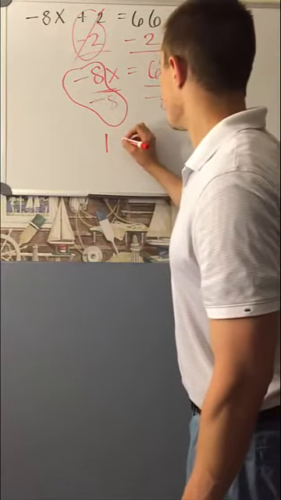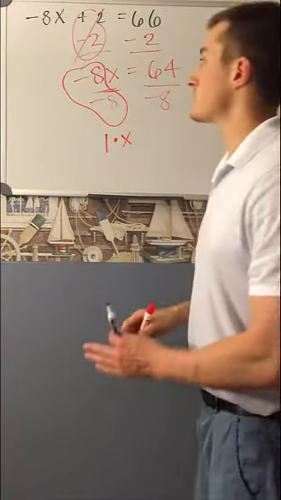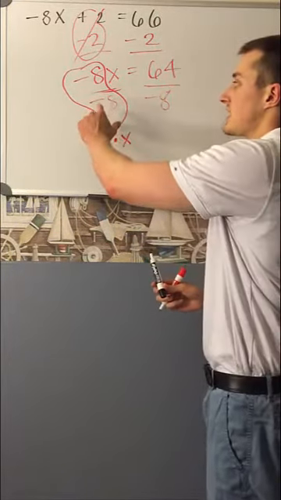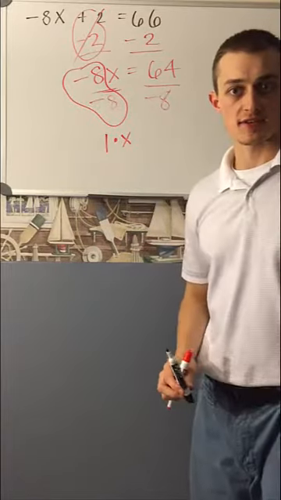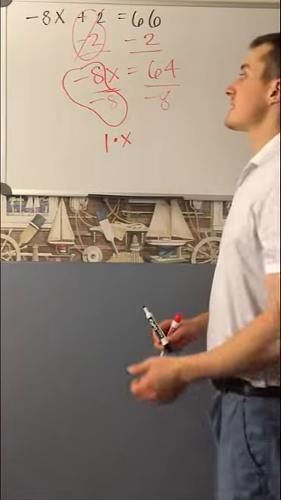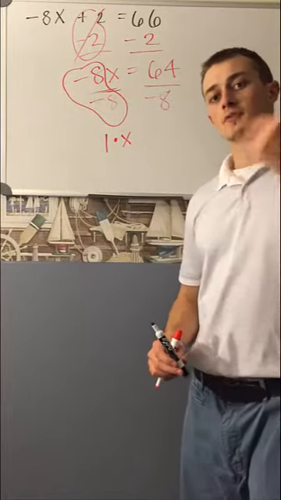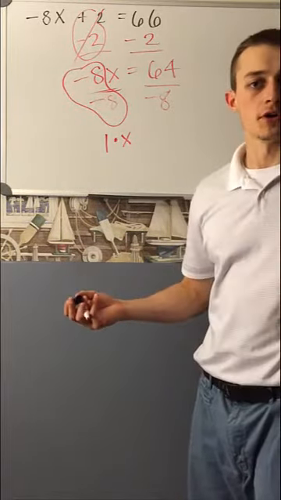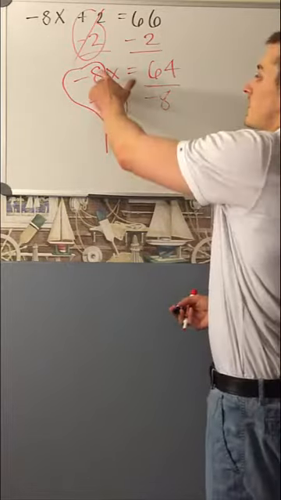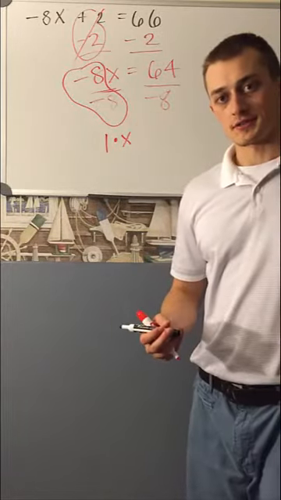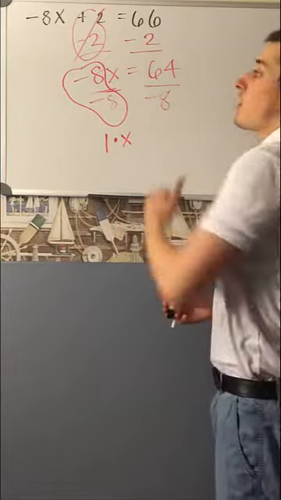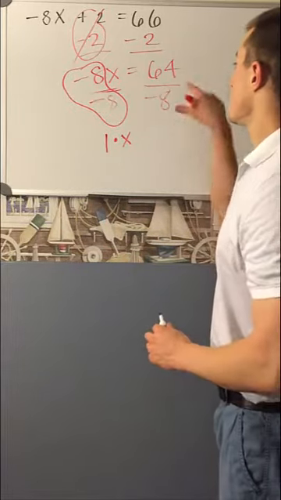So I have 1 times x, and if you're confused that negative 8 divided by negative 8 is equal to 1, well, the negatives are going to cancel each other, right? If I have a negative 1 over a negative 1, it's still equal to 1. And likewise, 8 over 8 is equal to 1. So this is going to be 1. Now over here,